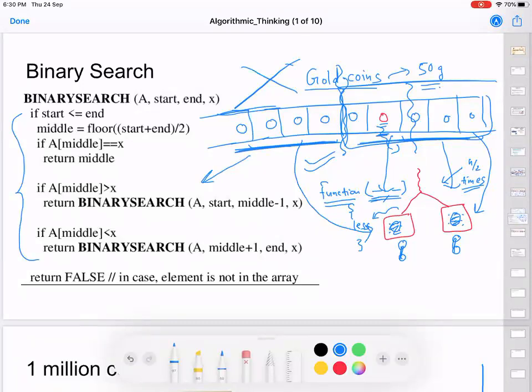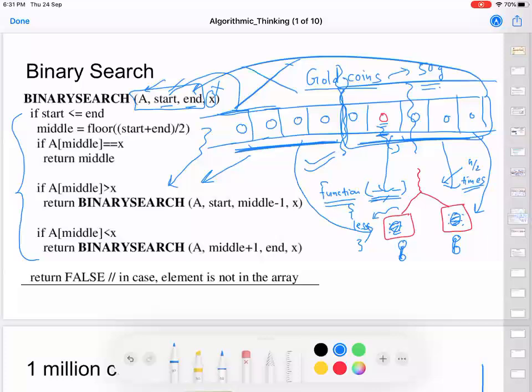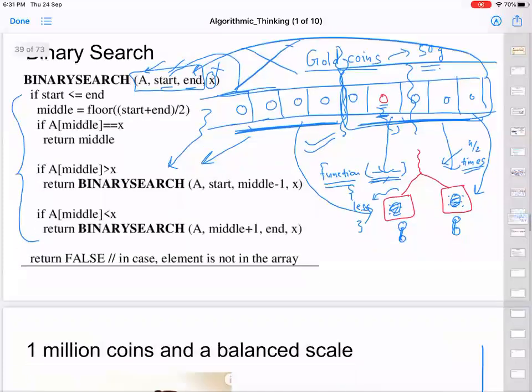So it's going to be an exactly similar algorithm where you are given an array A, you are given the starting index and this ending index over here. Definitely there is no X over here because we are not searching for anything. So these are the 3 parameters given to you. How can you modify this function so that you get this counterfeit coin? I'll just leave this as a homework exercise and I'll move on.